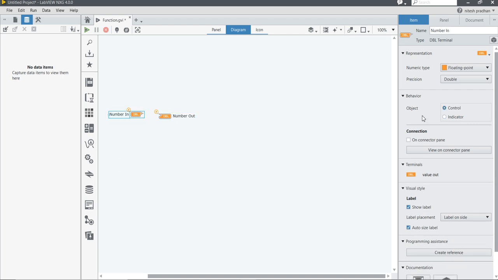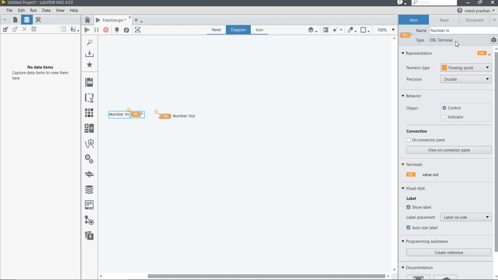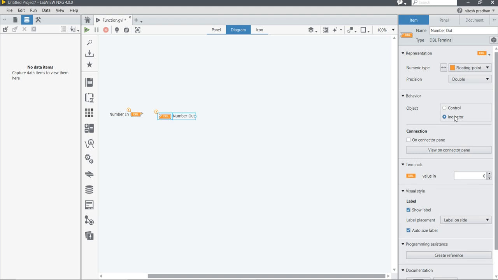And if I click here, look, numbers in DBL formatting, so its behavior is control. And if I click here, it will display the behavior as indicator.